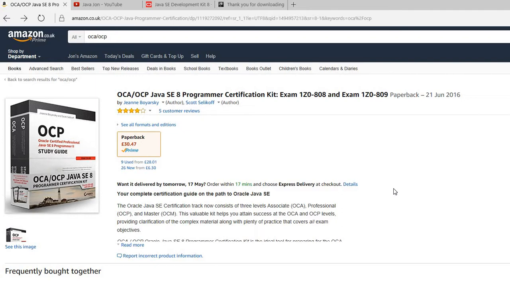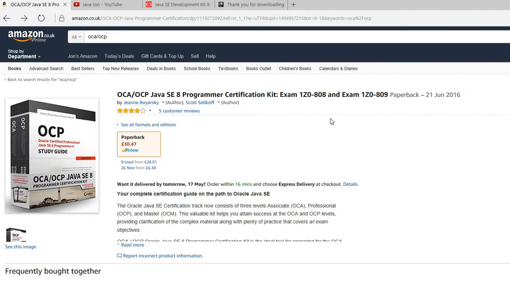And this guide is split into two books, as you'll see there, OCA and OCP. So the first set of videos will be concerned with OCA. And OCA stands for Oracle Certified Associate Programmer for Java 8. And to gain certification, students will have to sit this exam 1Z0-808. And so to follow these videos, it'll be really handy to have a copy of that book, because references will be made